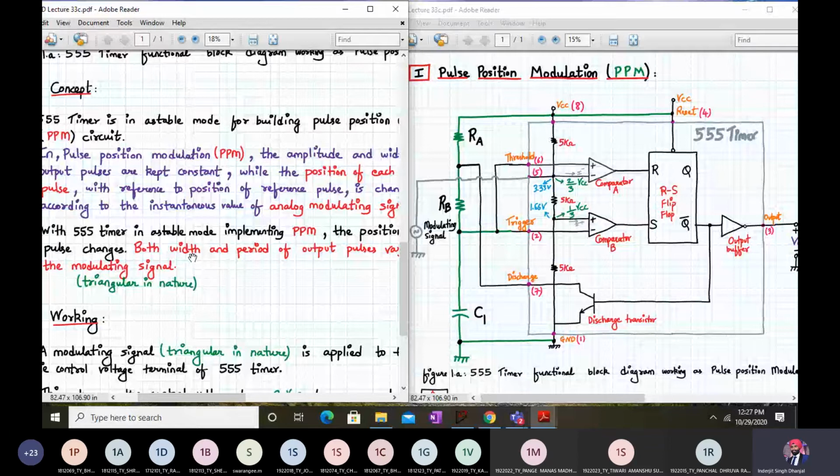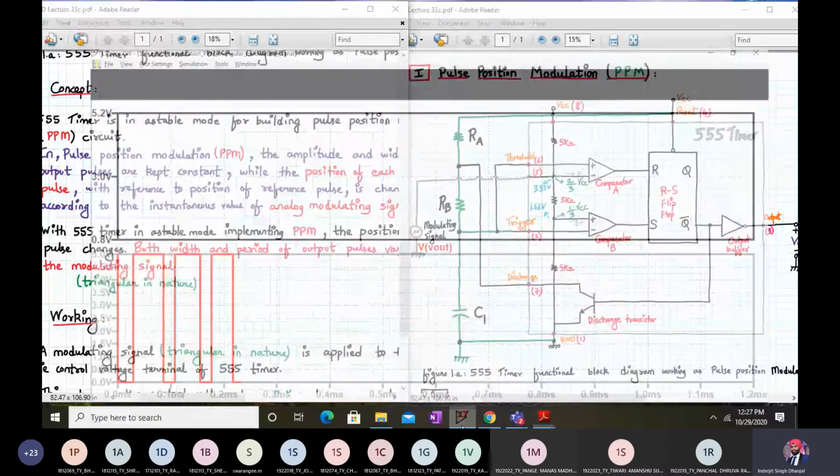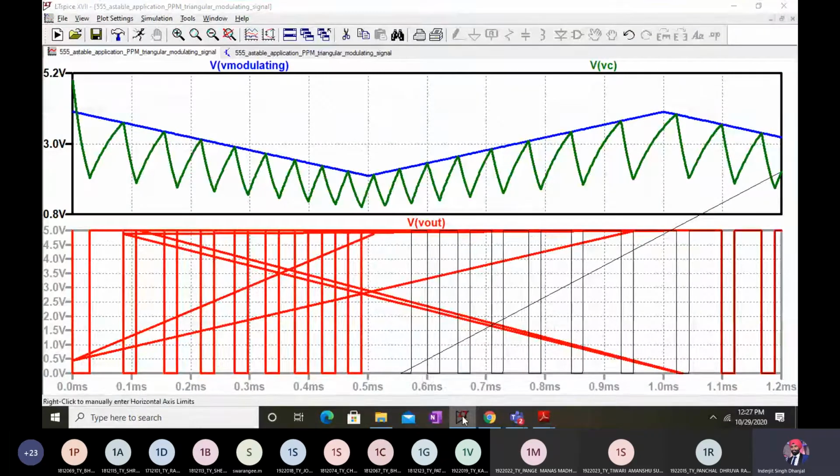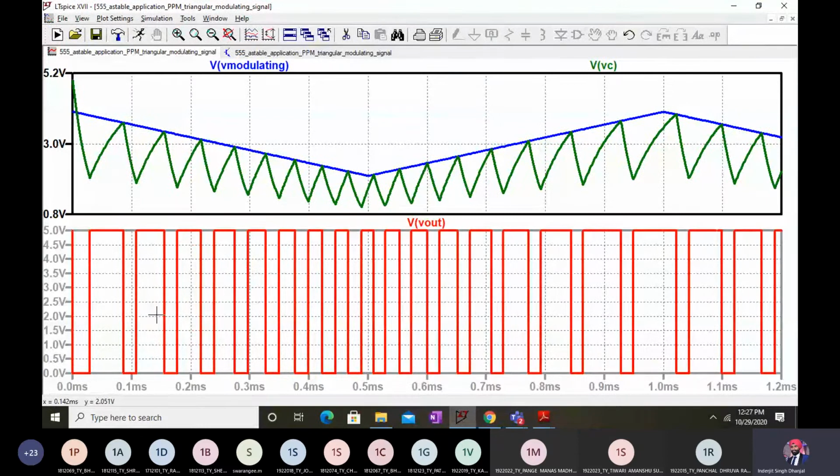Even if the T off doesn't change, here if you look very carefully at the output waveforms, is my T off time changing at all? Whenever the capacitor is discharging, is that time changing, or is it the same? Is the width of the T off the same? Notice carefully. Is it the same or not? Yes, sir, it is the same. So what is changing? Only T on is changing. Correct.